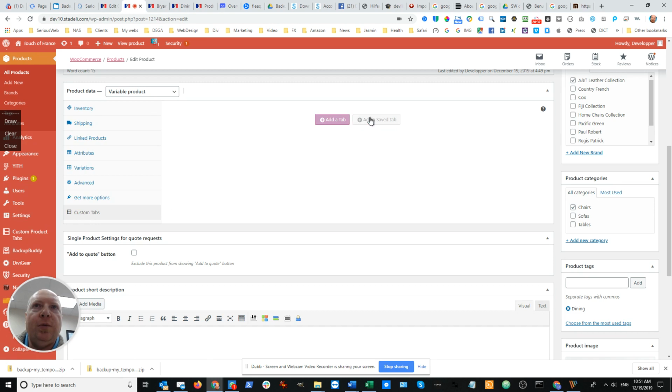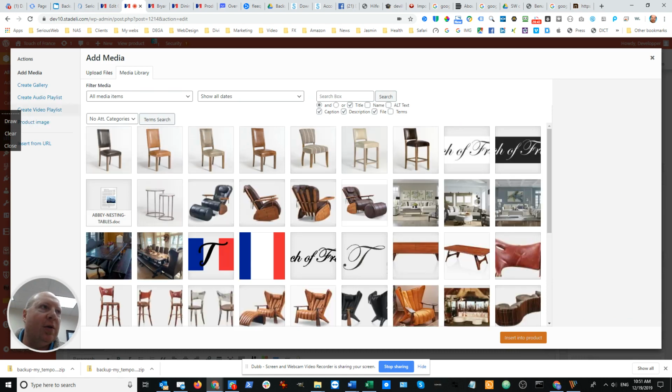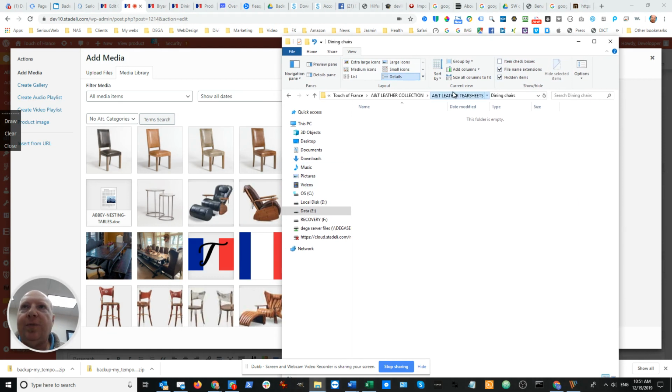It's one of these two. I don't remember which one. Add a tab. And then you can say tear sheet. There we go. Tear sheet. And you can just add media. Let's just use another one for now. You can also drag and drop it. So if you had a tear sheet,